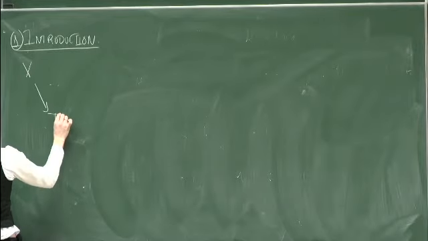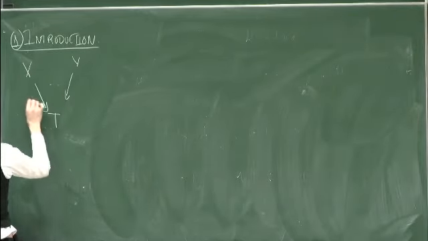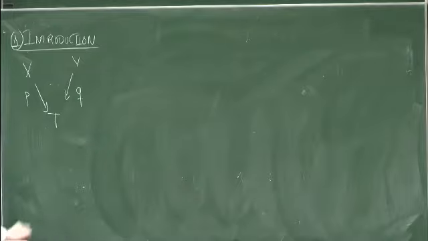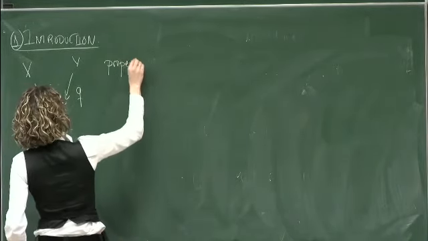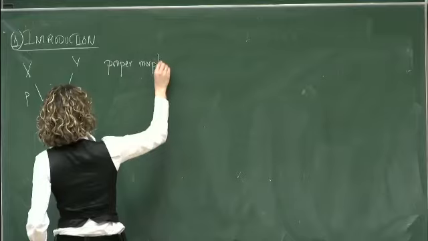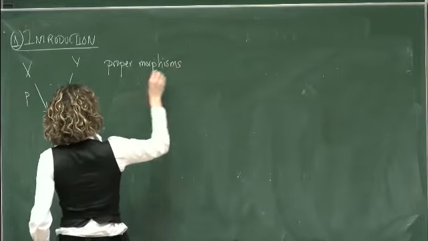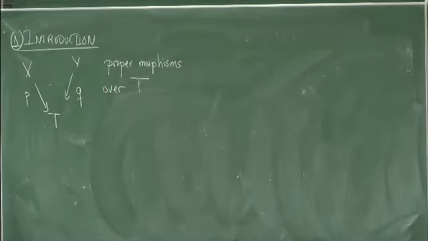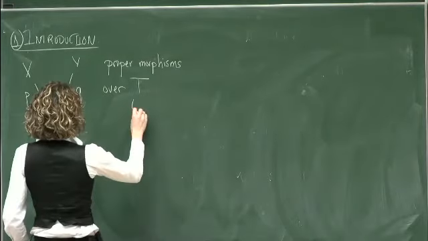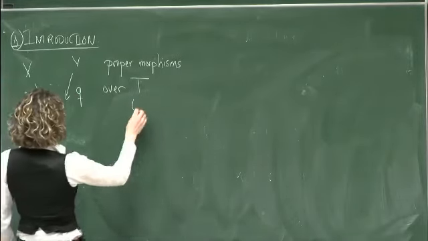Let's assume that we have X over T and Y over T, P and Q, two proper morphisms of schemes over a base scheme T, that in general is an arbitrary scheme, and for me arbitrary means of finite type